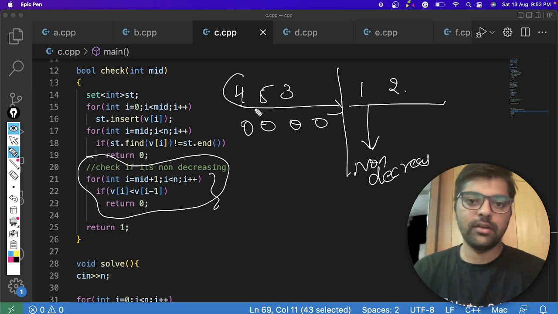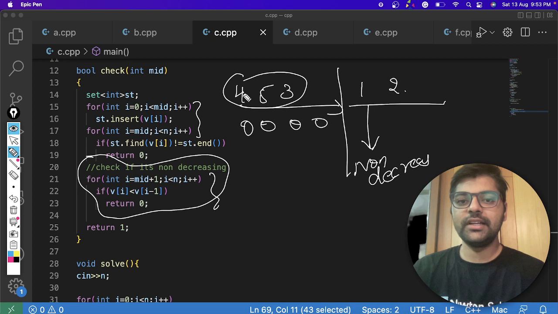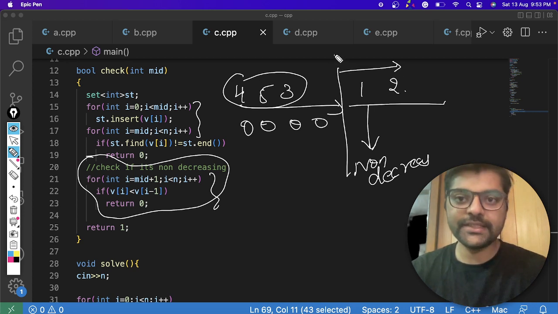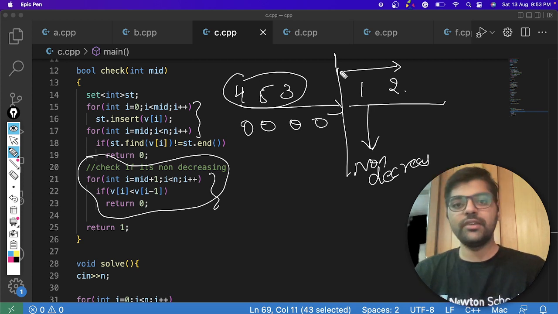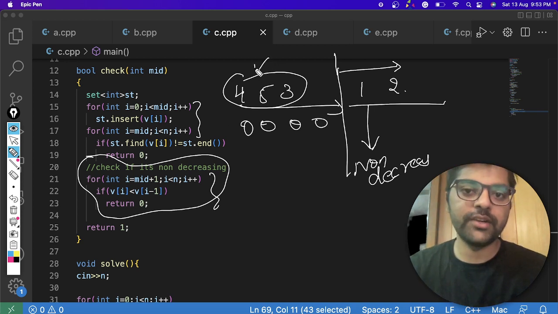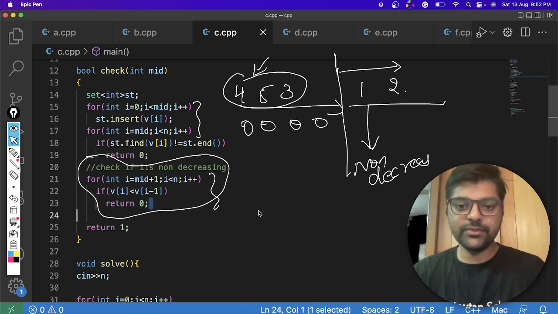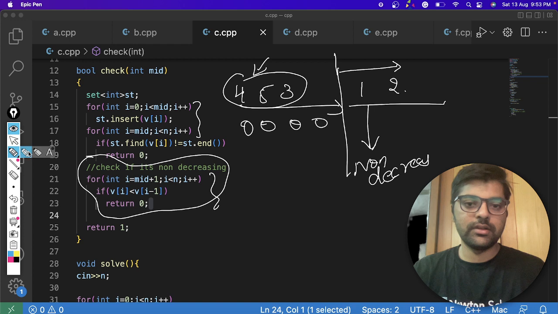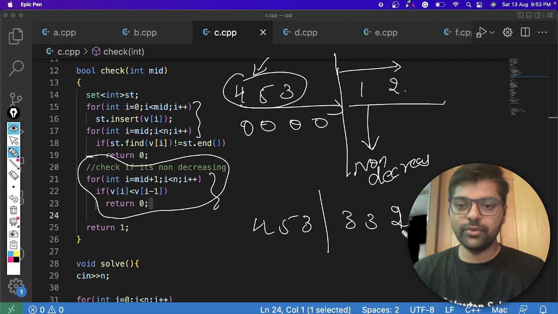And the other thing is that on the left side, if occurrences of numbers are present, then we will insert them, and whenever we traverse the right part of this sequence, we will check whether it is present on the left side or not, right? And we have already removed duplicates. Let's say 4 5 3 and 3 3 2 or 4.